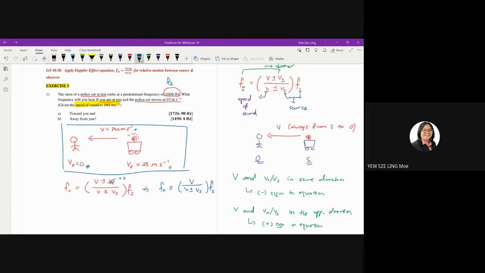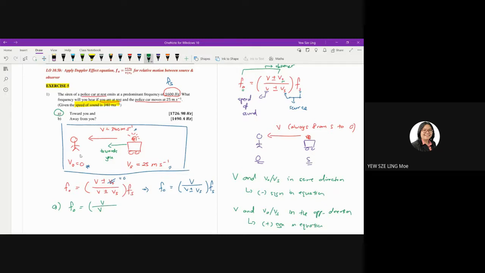But now my next question would be, should I use positive or negative? If you look at question A, it tells you the police car is moving towards you, which means this Vs is going to the left-hand side. It's going towards you. So according to the diagram, V and Vs are both pointing toward the same direction. Therefore, the equation for question A, Fo is equal to V over V